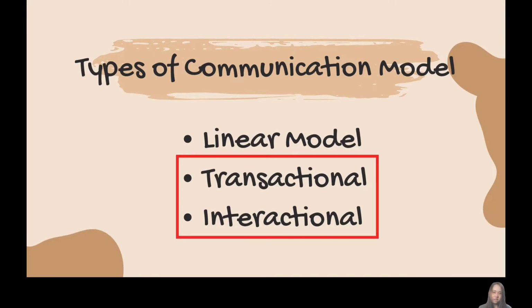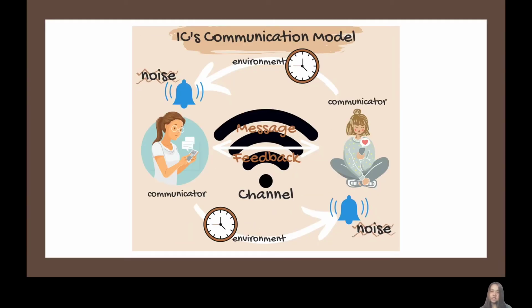We all have different methods of communicating with others, therefore, I created my own communication model that is the combination of the interactive and transactional model of communication. As you can see, my own communication style consists of five aspects or elements. Instead of labeling my diagram as a sender and receiver, I name it as a communicator, since in this sort of communication, the communicators are both the sender and the receiver at the same